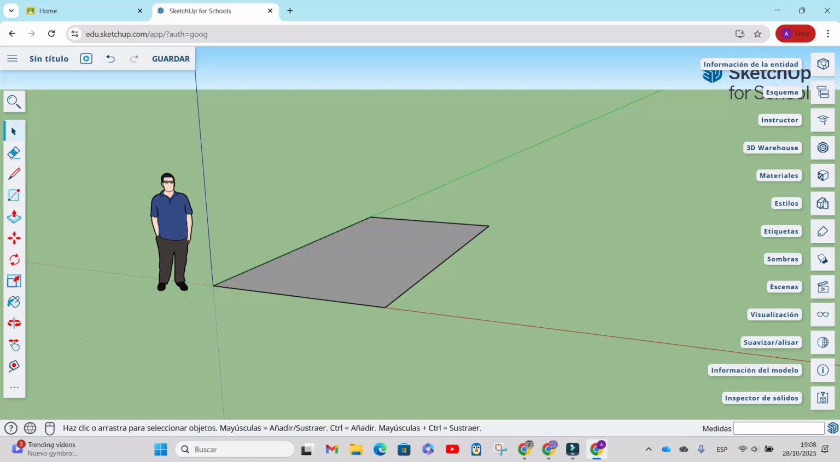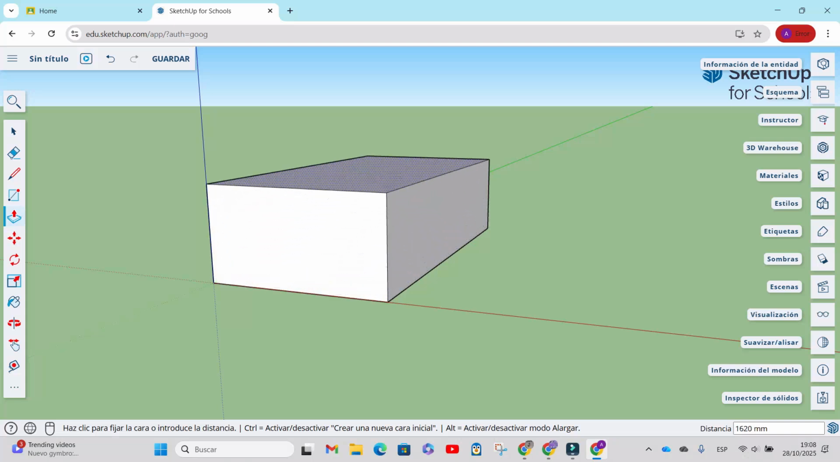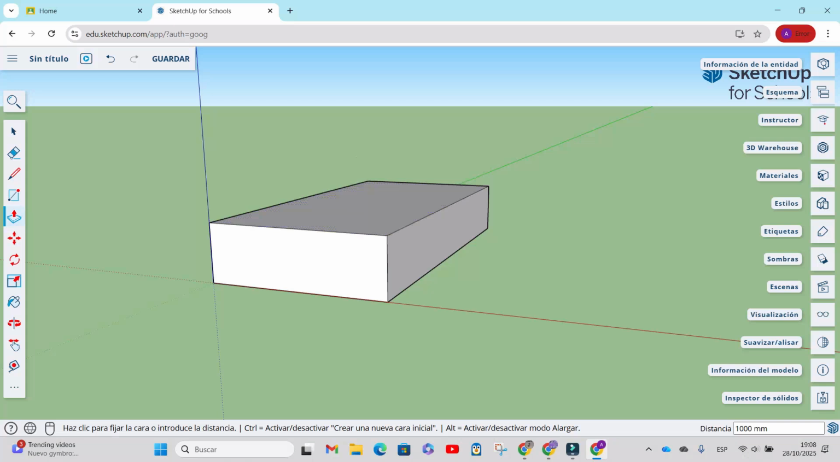Now we can delete this person. Choose the arrow, the pointer, click on the person and press Suprimir. Delete it. Afterwards, we are going to pull this surface upwards about 1 meter. Therefore, you can choose this tool, click on the surface, pull slightly up, and write 1000, 1 meter. So you get